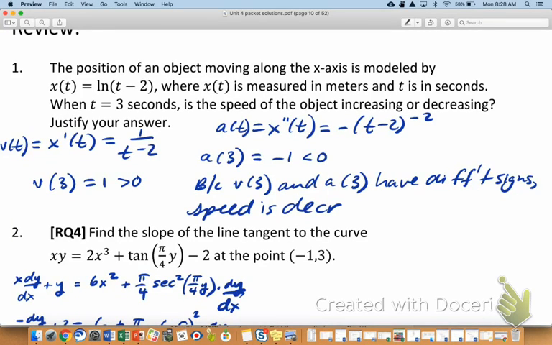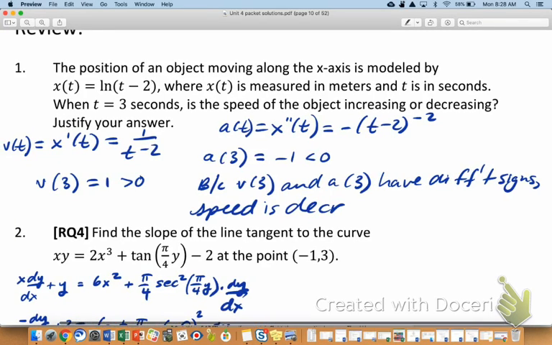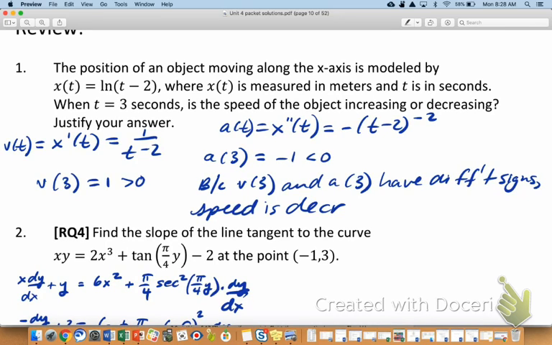There's number one. So notice I found v of t by differentiating x, and I got v of 3 is equal to 1, which is positive, and then I went on to find a of t, and then ultimately a of 3, which I found out was a negative 1. And then as I walked around, I noticed that a lot of you